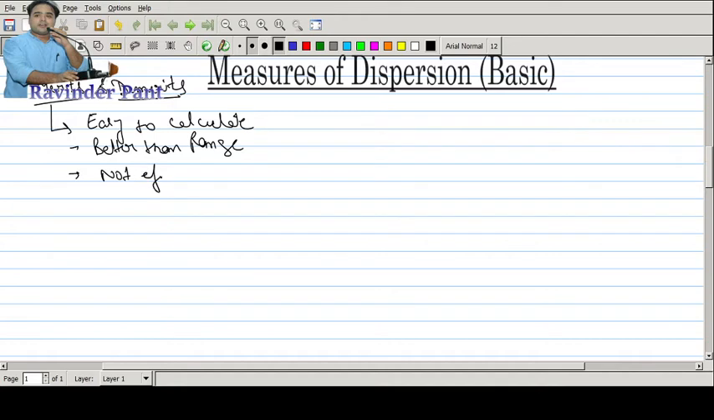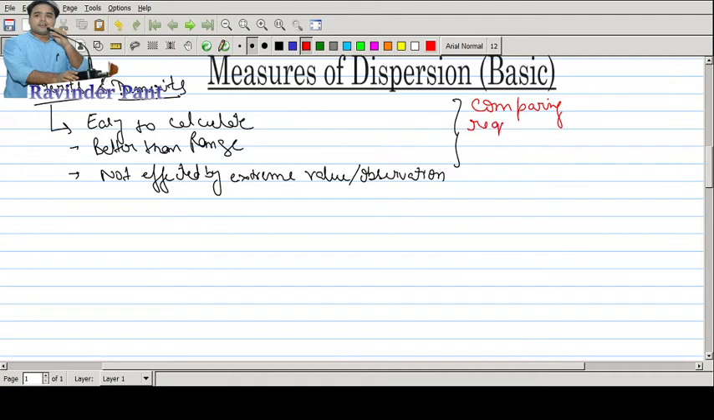Another merit, not affected by extreme values or extreme observations. Now if you are able to observe, you will see that we are getting these merits and demerits by comparing the requisites of a good measure of dispersion properties. So what we covered in the first lecture,